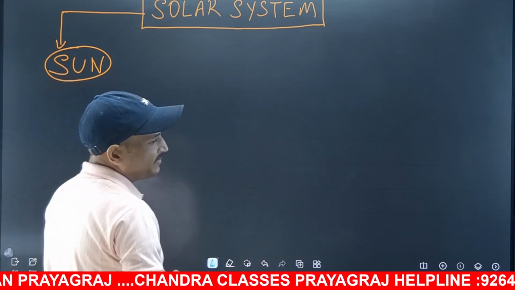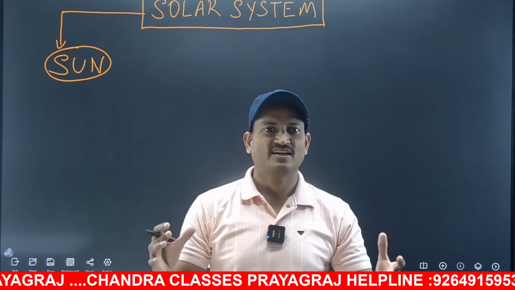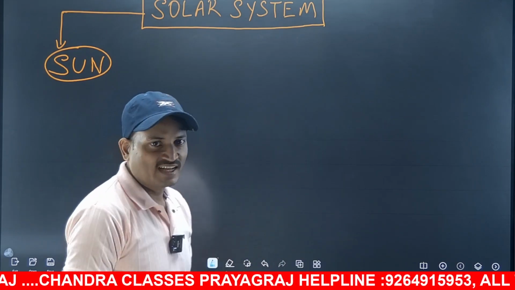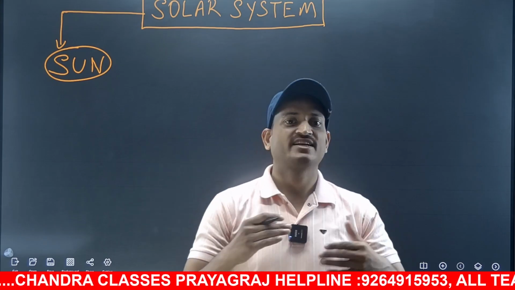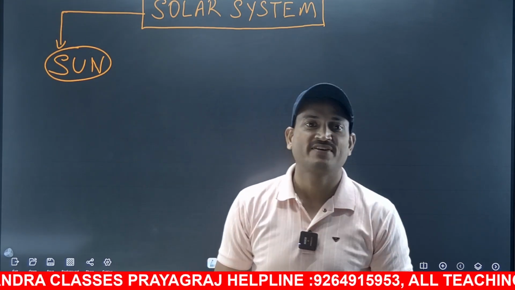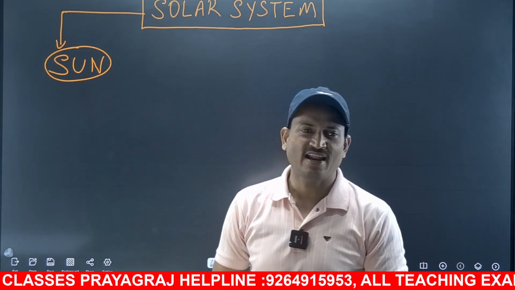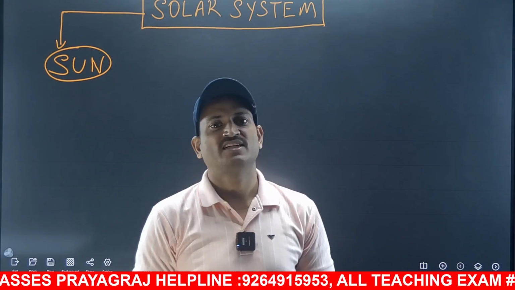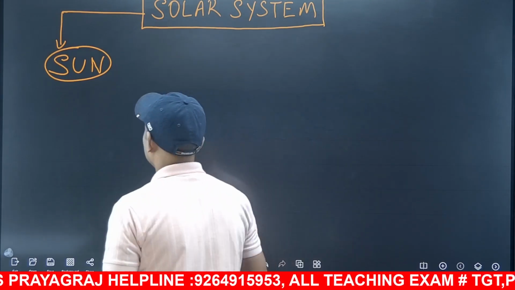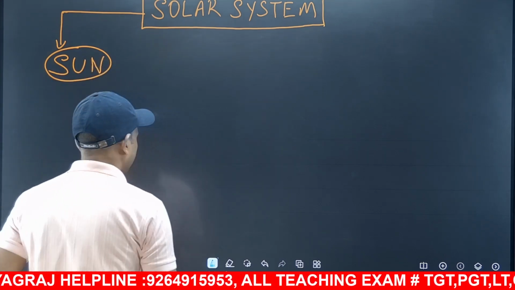So when we talk about the sun, we all know that the sun, my friends, is a star, our star. It has its own energy and gives us the energy as well. For example, it is the single source of energy in the entire solar system. The energy in various forms, in the forms of light and radiation, is coming from the sun. So we all know that this is our star of the solar system.